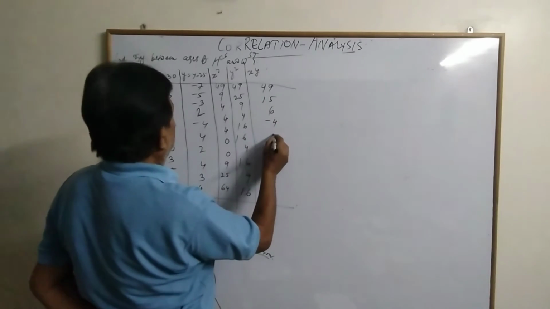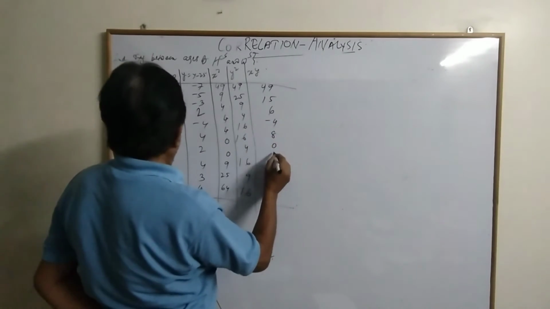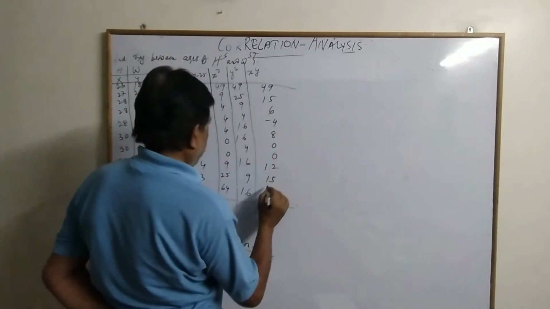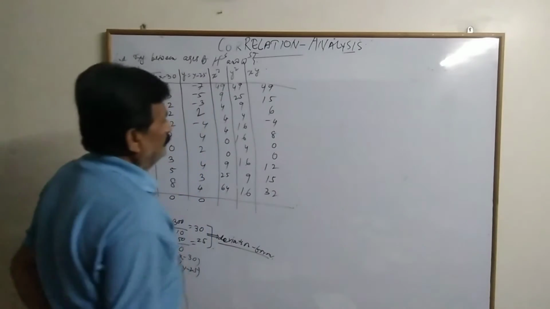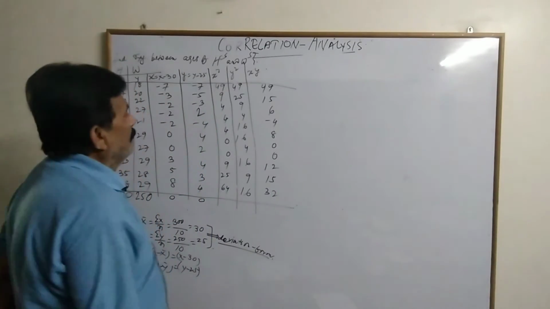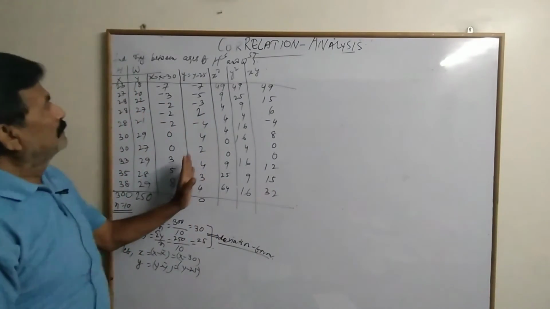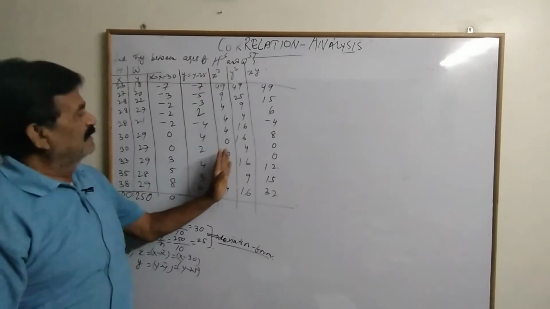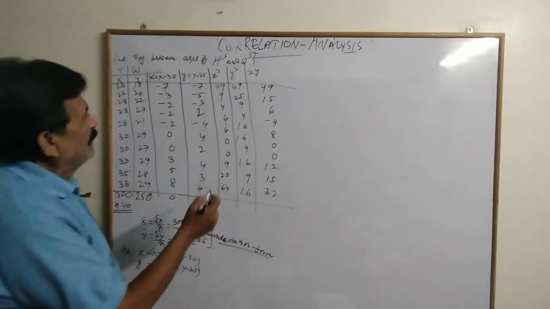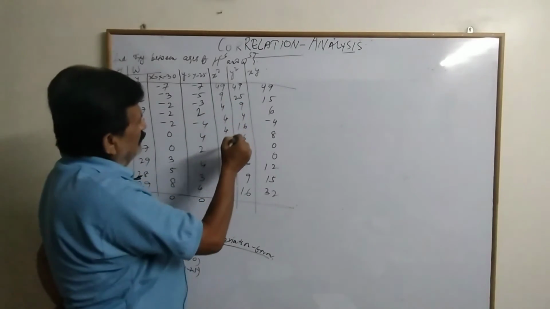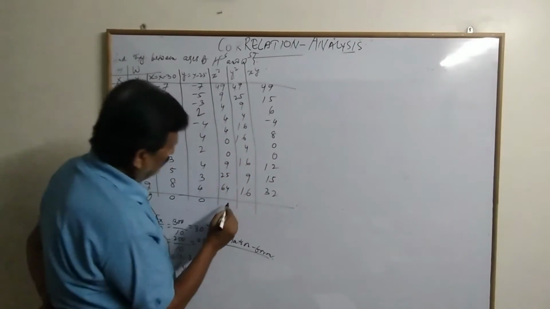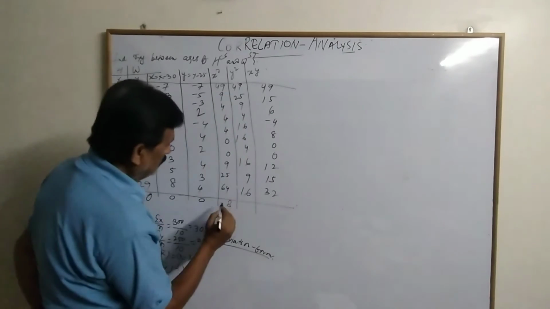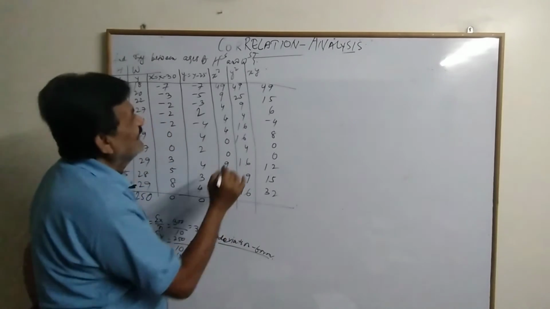Minus 4. 8. 0, 0, 12, 15, and this is 32. These three columns have to be added up. This is 168 and